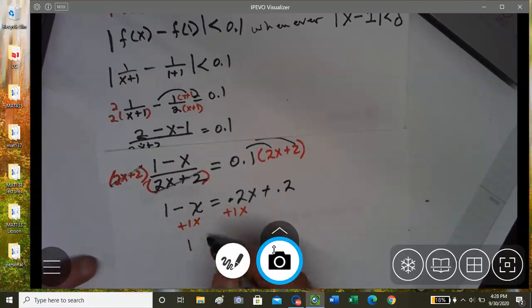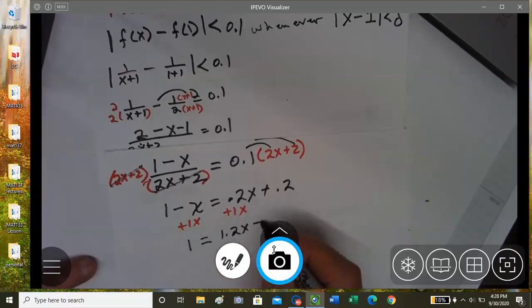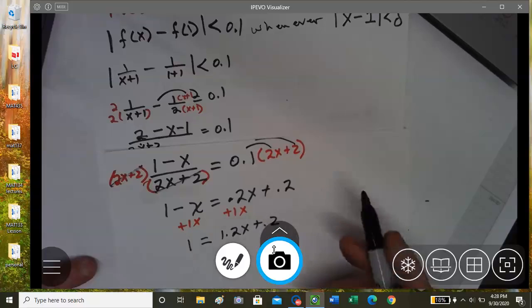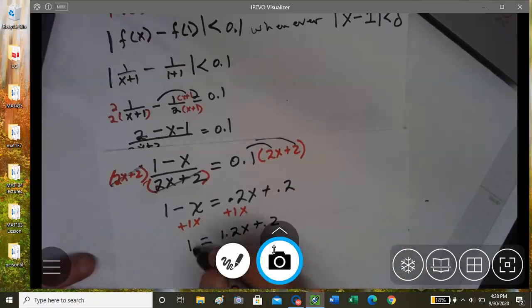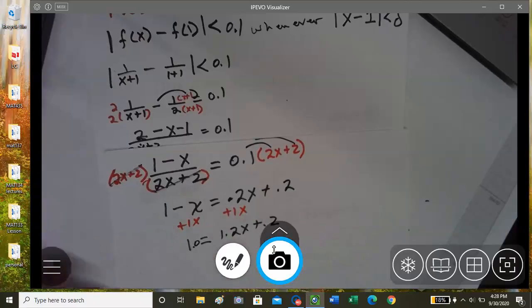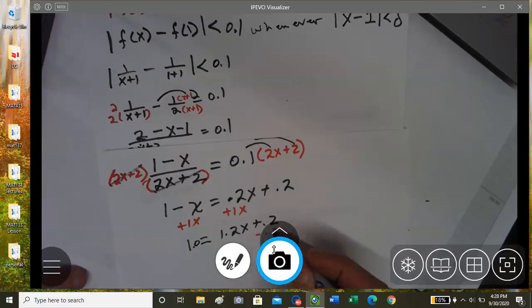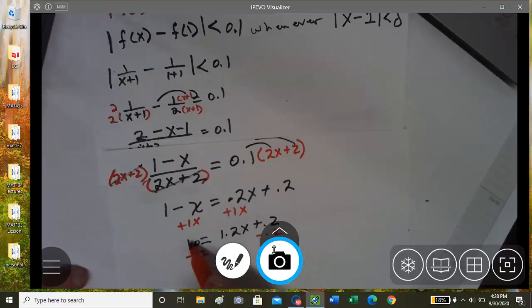So this would be 1 equals 1.2x plus 0.2. So from here, this is 1.0, right? Same thing as 1.0. So now we're going to subtract 0.2, subtract 0.2, and we get 1.0 minus 0.2. That'll be 0.8